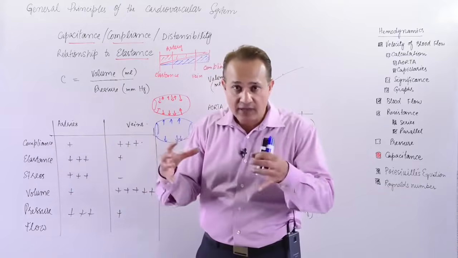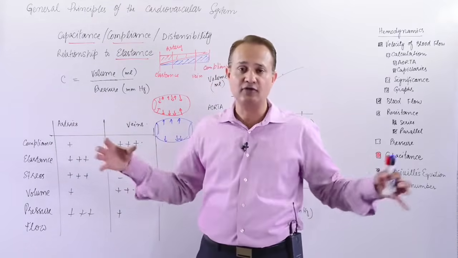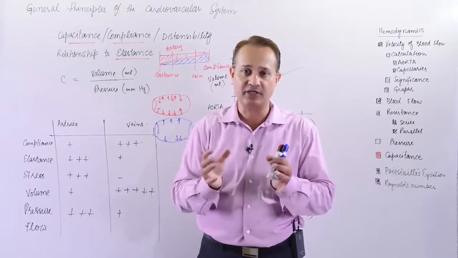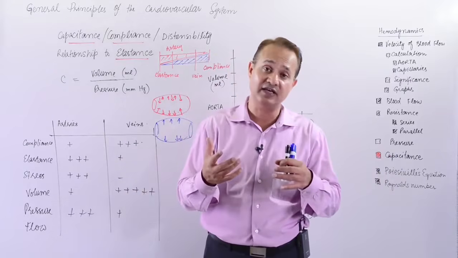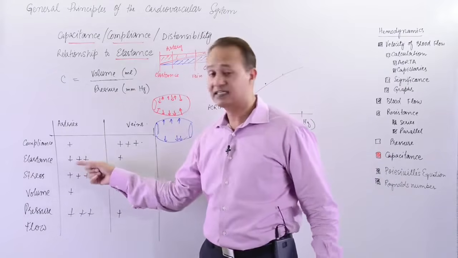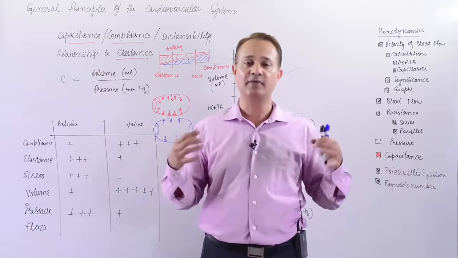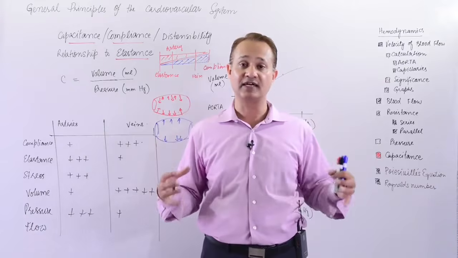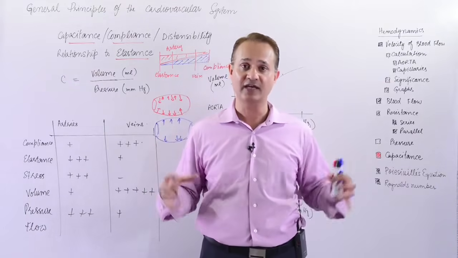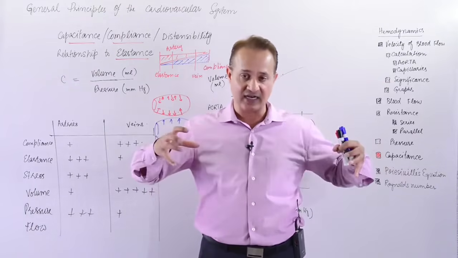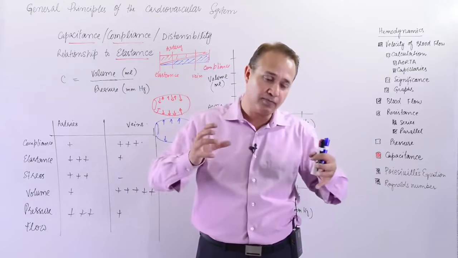Elastance, that is recoilability. Of course, arteries have lots of elastic fibers in their tunica media and even in the intima. They are very elastic, they would recoil. When you put pressure in them, they would recoil. What is the benefit of that? Remember, in case of aorta and the large vessels, that benefit is called the windkessel effect. What does that mean? When you distend an artery, it would try to recoil and push the blood.